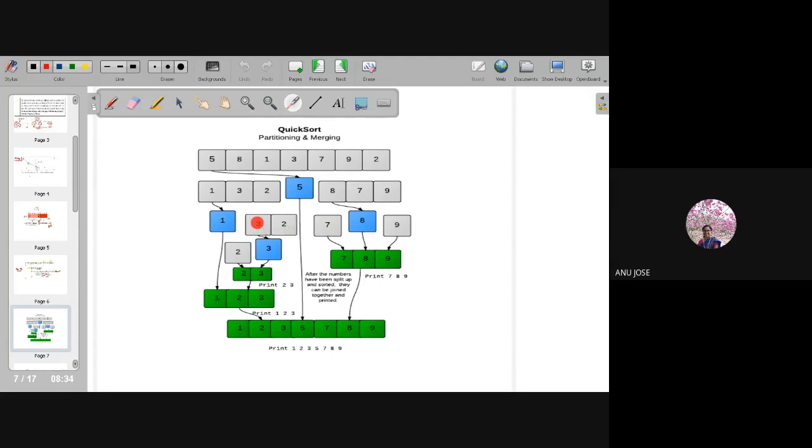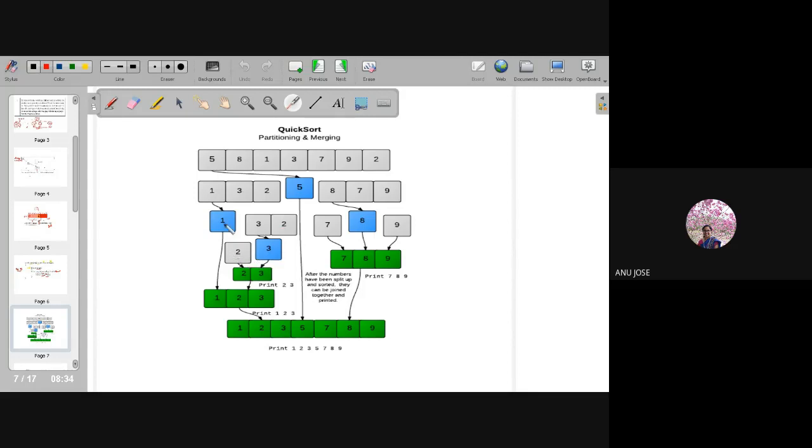So what should I do? 3 I have to take as the pivot element. You can see the pivot element whatever I have selected is colored with blue color. So 3 will be acting as the pivot element. I have to split this array, 3 and 2, in such a way that the elements left of 3 will be smaller than 3 and the elements right of 3 will be larger than 3. So I am keeping 3 as the element and its left hand side will hold the value 2, and the right hand side won't have any element, because the array had only 2 elements and 2 is the smallest element, so it came to the left hand side of it.